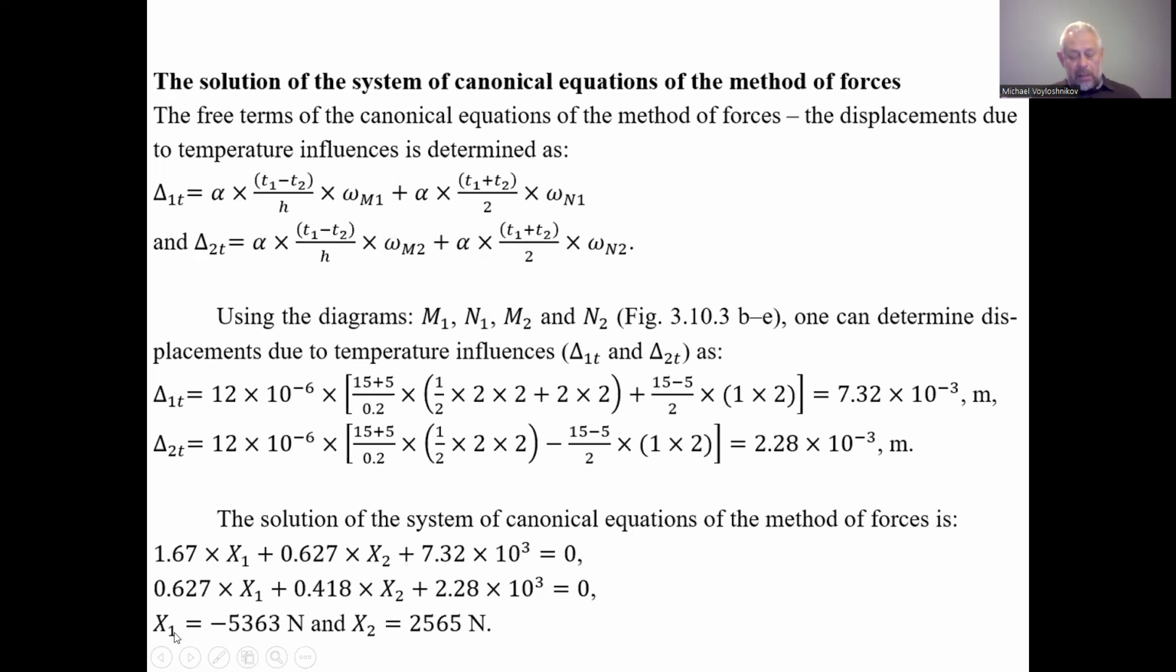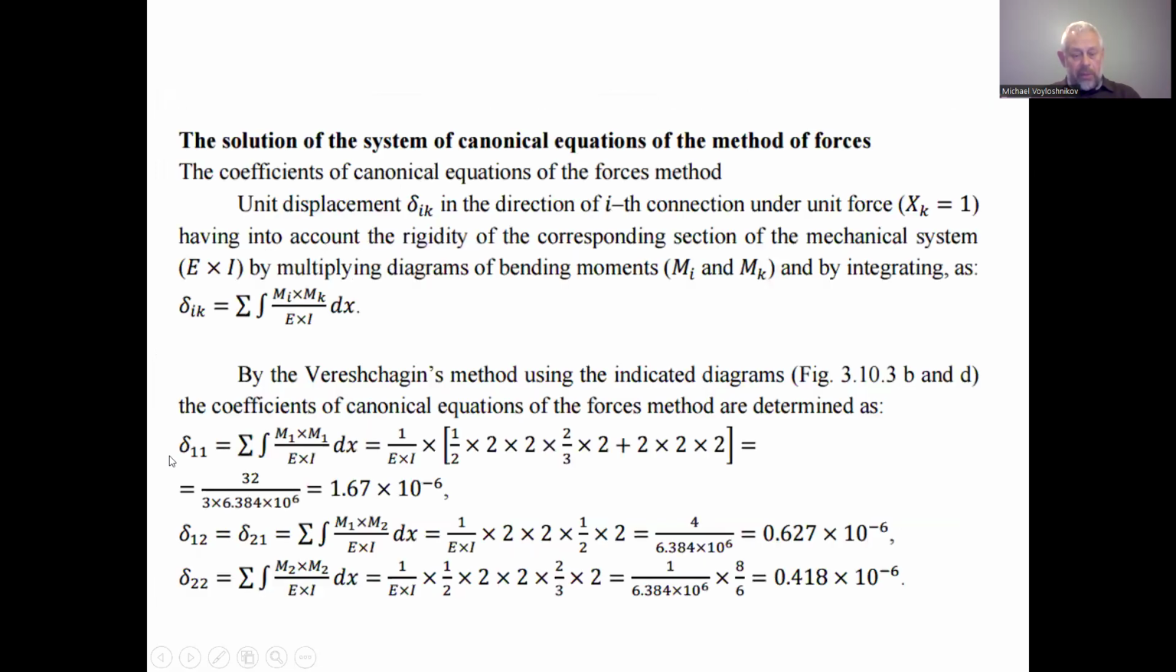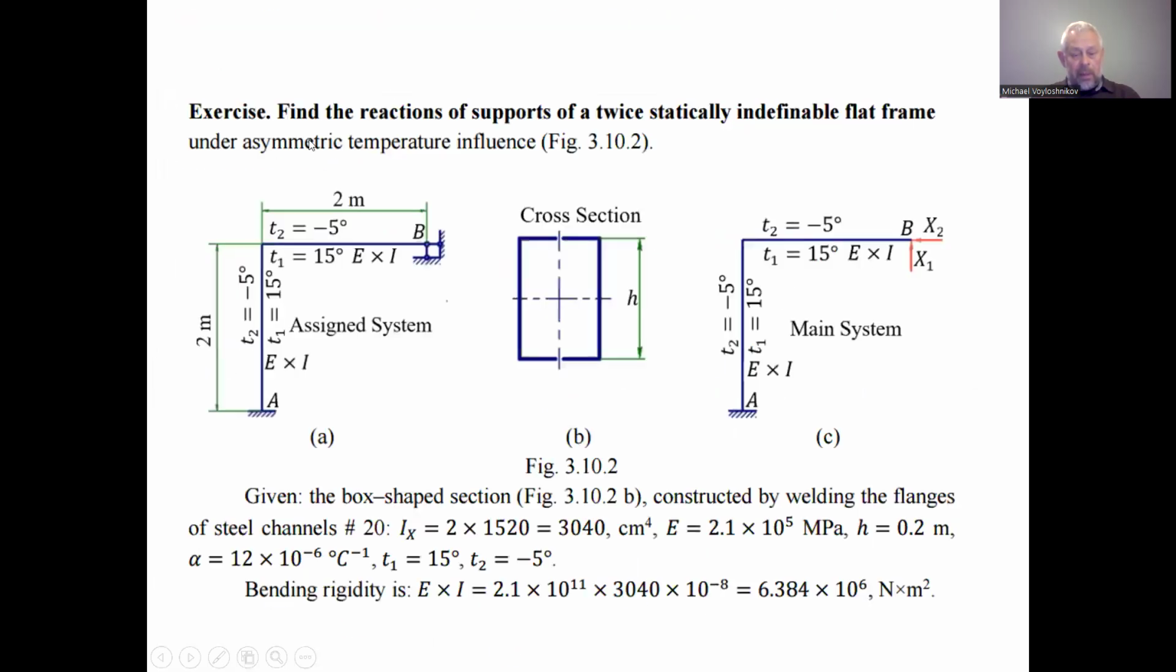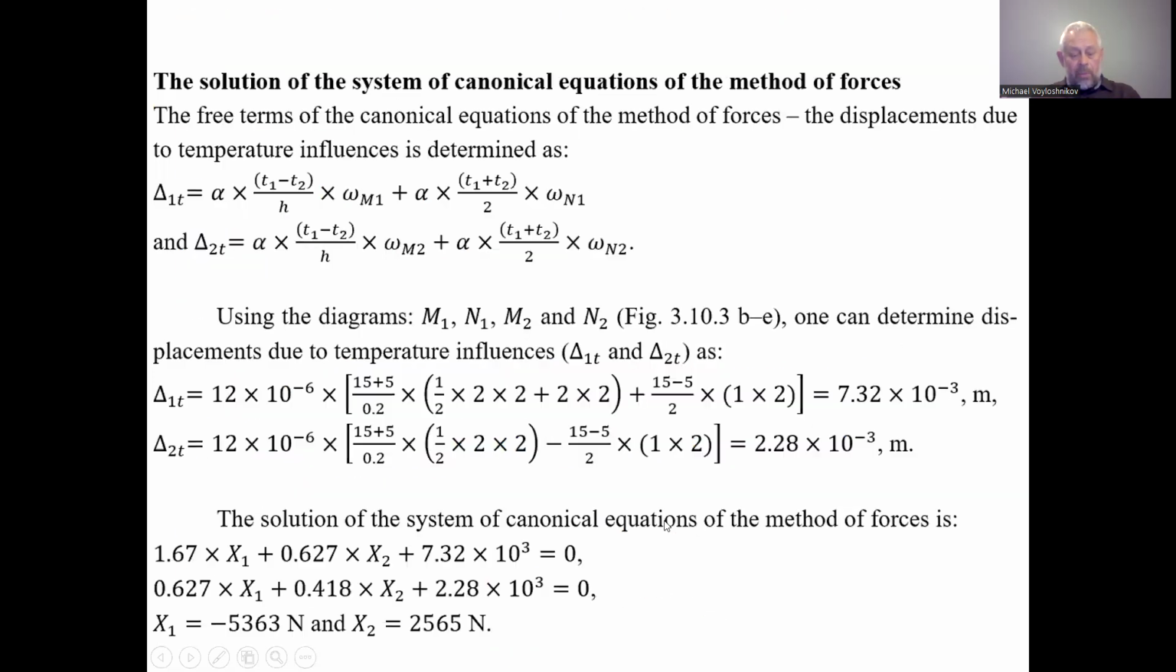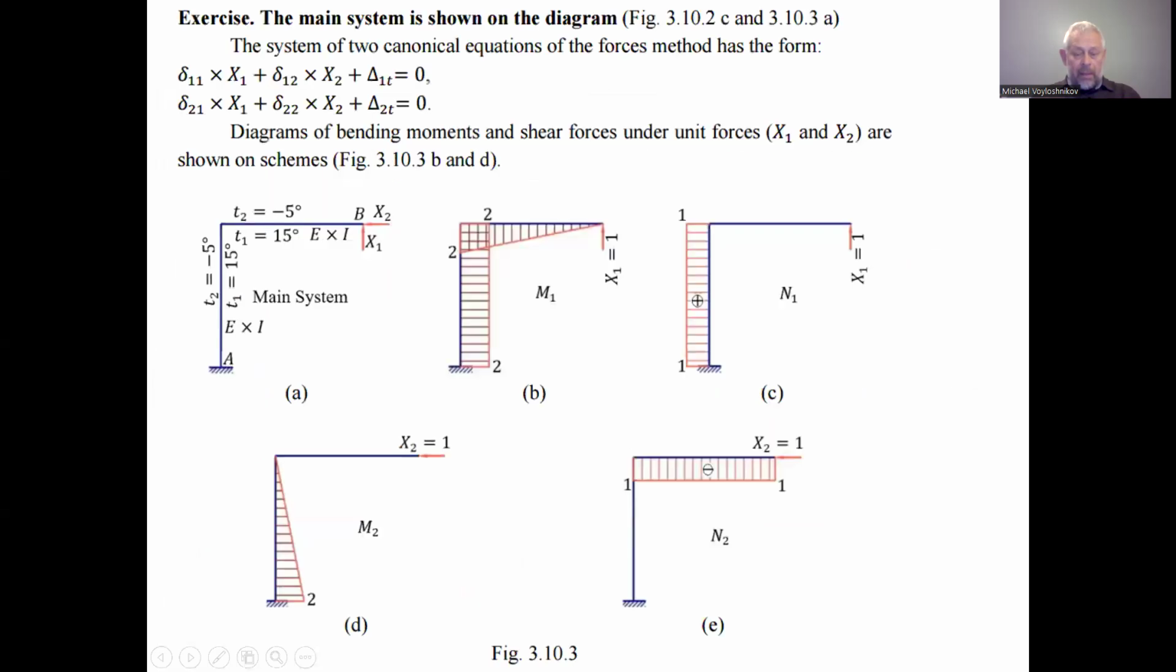So after the solution of the canonical equations of the forces method, we find that in the cut links at the point B, the forces x1 and x2 equal the required magnitudes, like indicated here: x1 is minus 5,363 Newton, and x2 is 2,565 Newton. After that, when we have the magnitudes of the forces x1 and x2, we can find the reaction